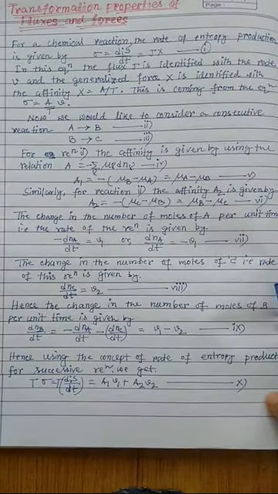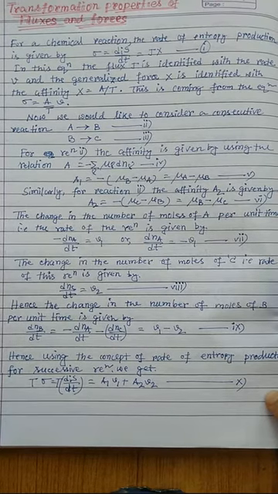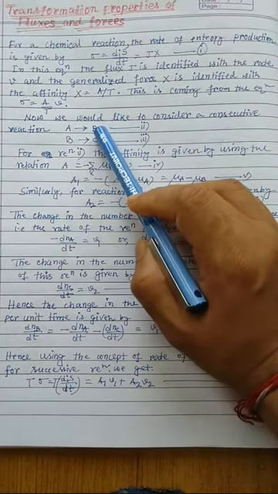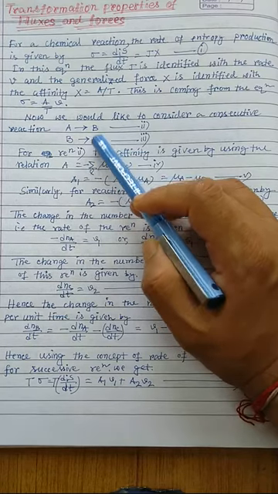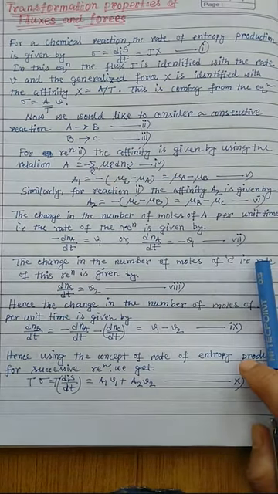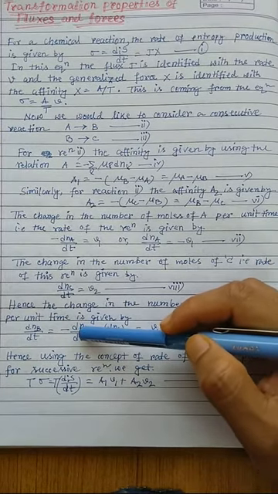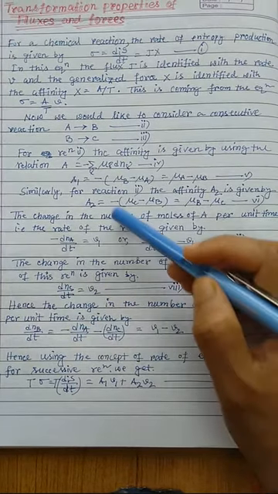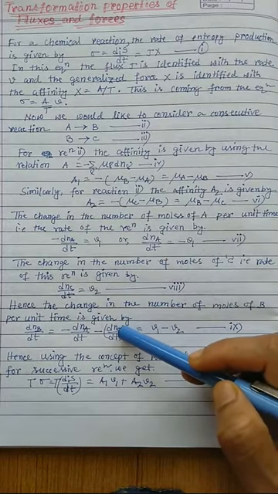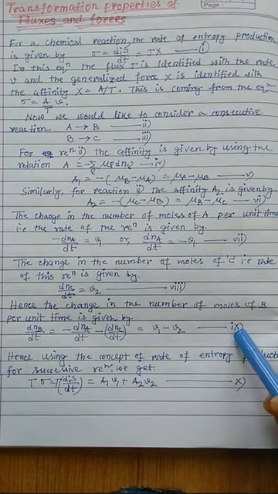Now we would like to find the intermediate concentration, that means the change in the number of moles of B with time, because we know that in the first reaction B is produced and in the second reaction B decreases. So the change in the concentration of B with time is the resultant effect of both reactions. So dNB by dt equals minus dNA by dt, the rate of production of B, minus dNC by dt, the rate of decrease of B. So this is basically V1 minus V2, and this is equation number 9.